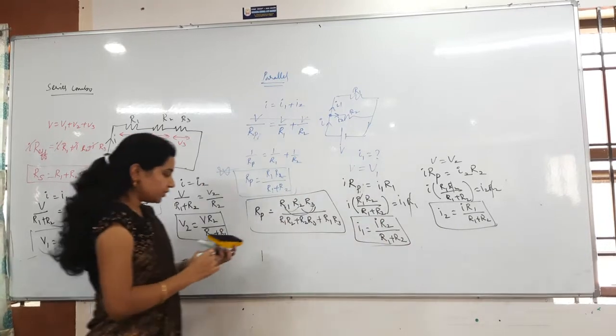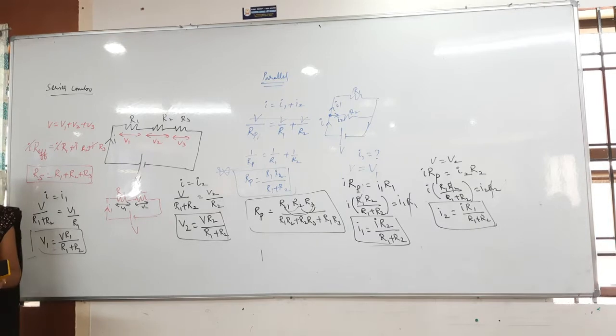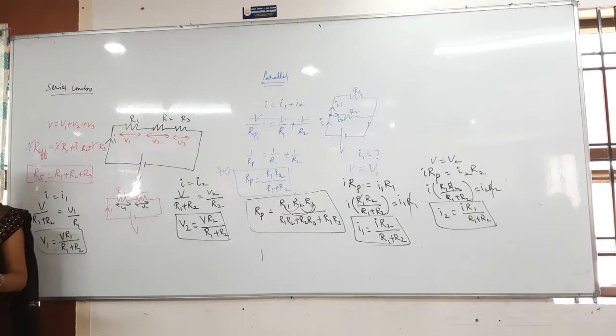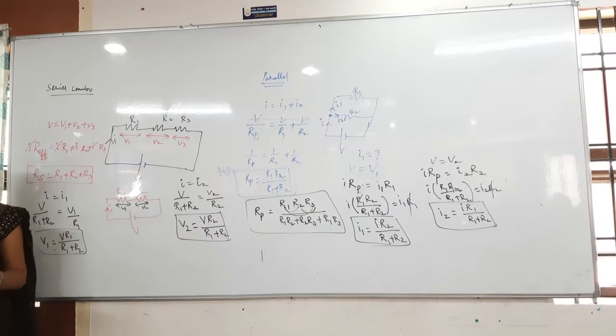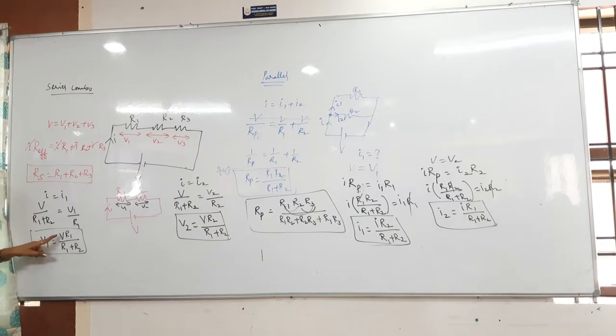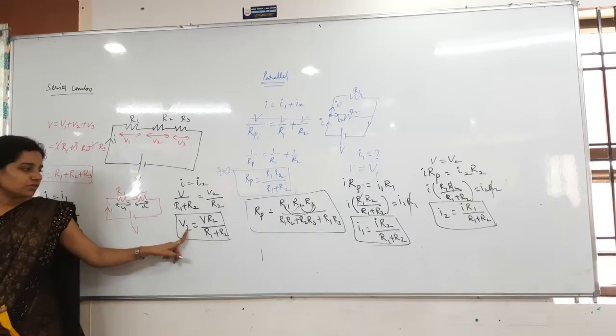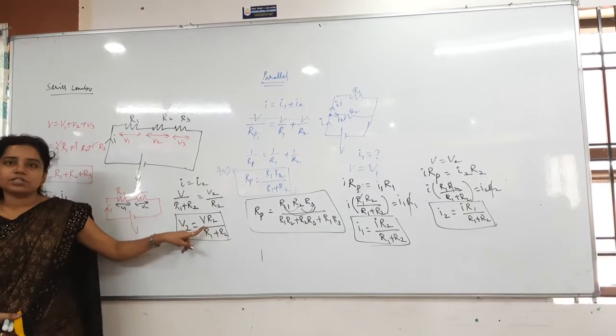And now if you see four formulas, V1, V2, I1 and then I2. In V1, V2, in series combination, which will be same? Current will be same, so that current will not come, only voltage will come. So if you come to the V1, V1 is equals to what we are having here? Total V into R1. V1 is there, R1 is there. V2 is equals to R2 is there, V into R2.